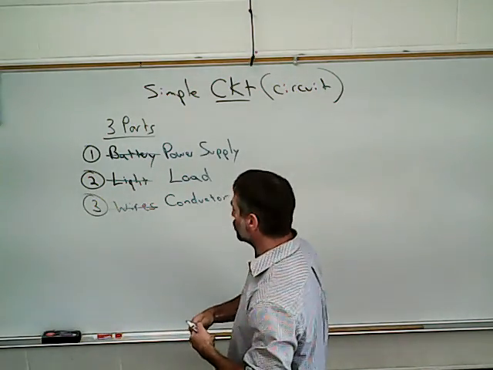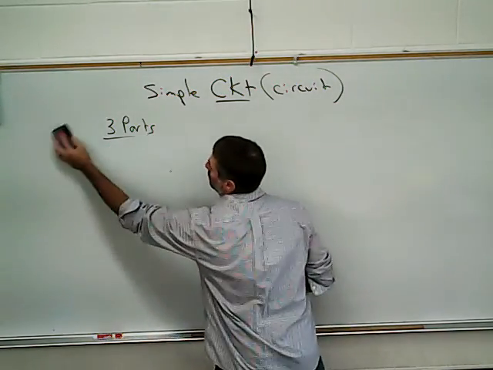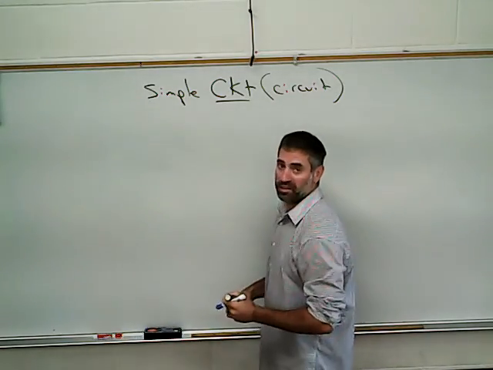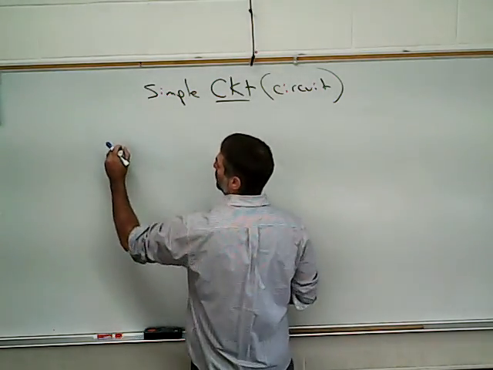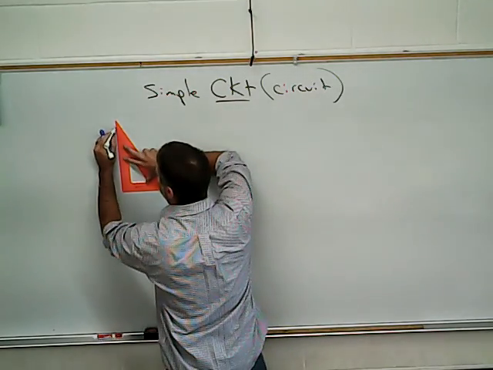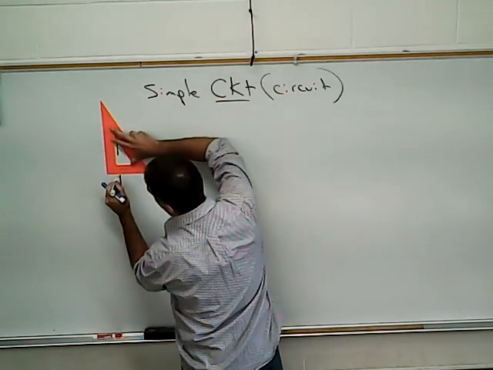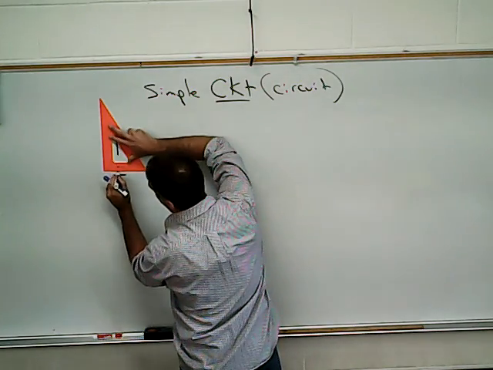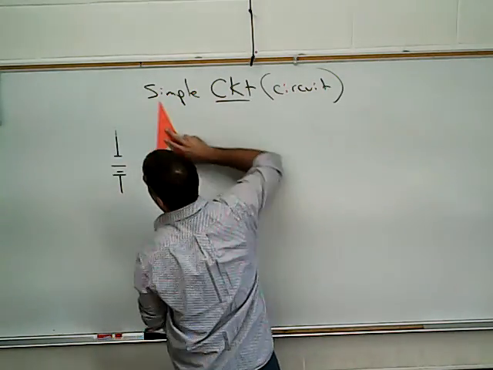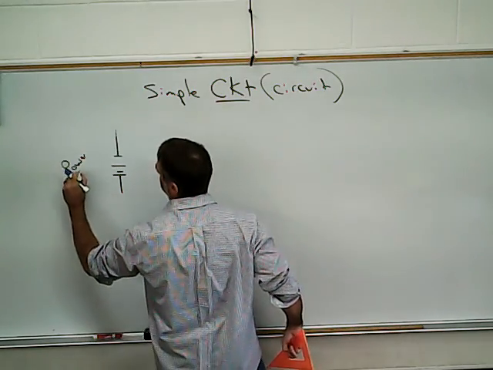So I'm going to go ahead now, and we're going to draw this up. And with your ruler or template, we're going to be as neat as we can, and we're going to draw up this simple circuit using those 3 basic parts we just talked about. So the very first one is going to be our power supply. So I'm going to get this square here. I'll just do the best I can to be neat on the big board here. All right, this is our power supply symbol